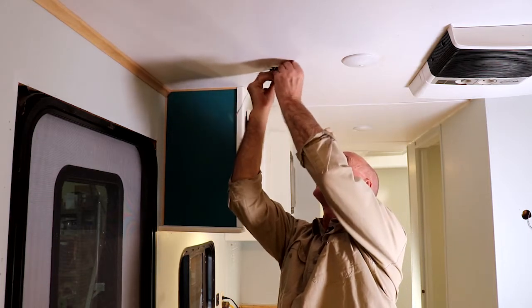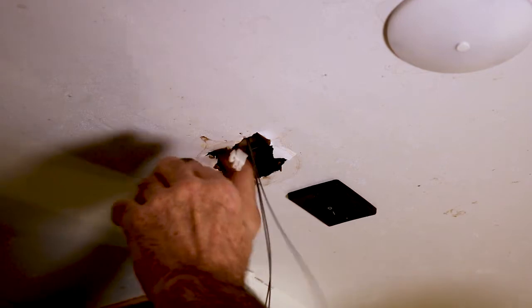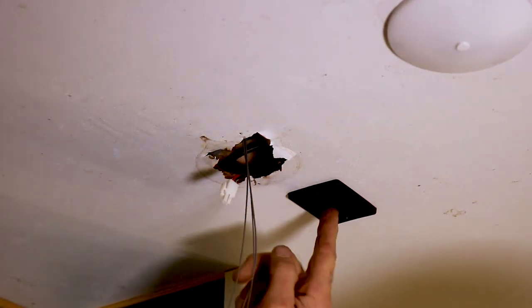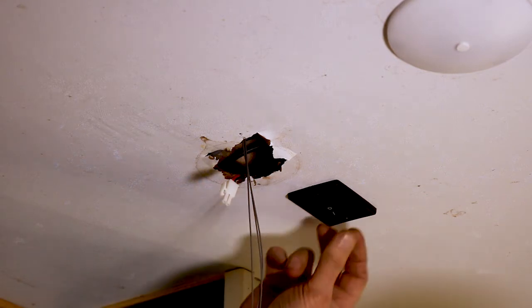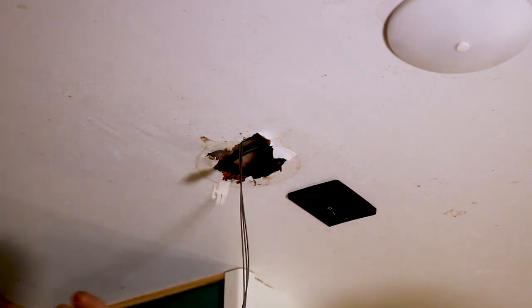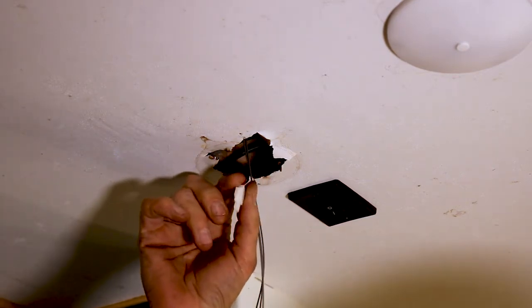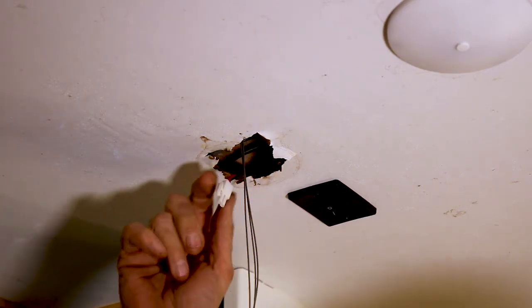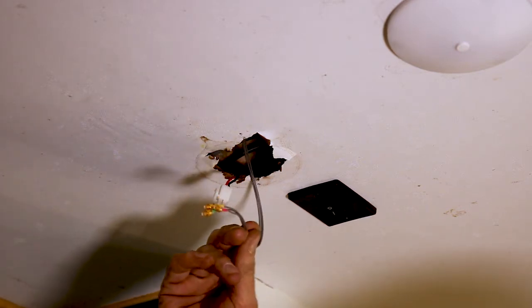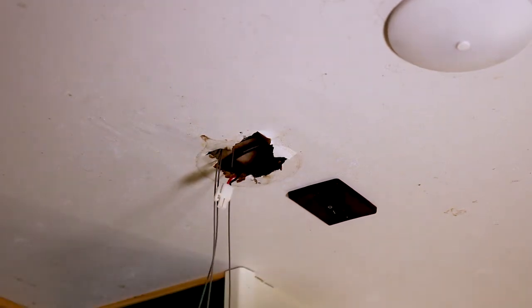Now remember, I said I had power right here in the ceiling. That power comes to this switch. So now that's going to let us turn the router on independently. This is the lead that's going to go into the router itself in order to power it. And then these leads are going to go in, they come off of the antenna. So next step,